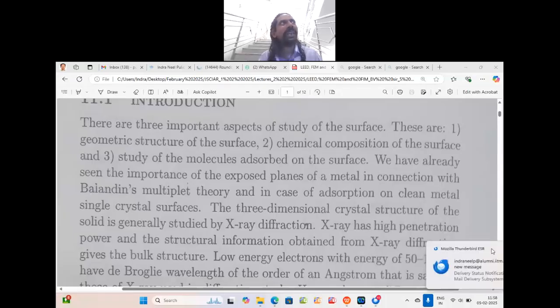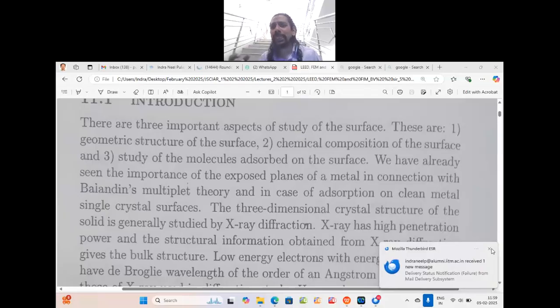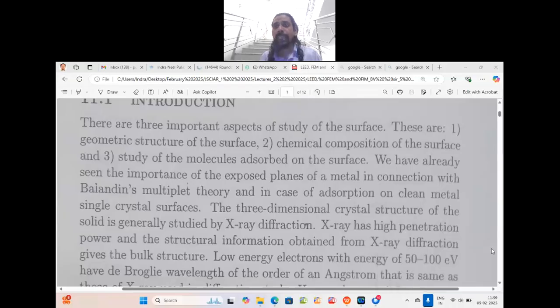This binding energy is characteristic, like a fingerprint that is very typical of each element, just as each person's fingerprint is very characteristic. Likewise, the binding energy of the electron is characteristic of the element, whether it is nickel, or oxygen in nickel oxide,